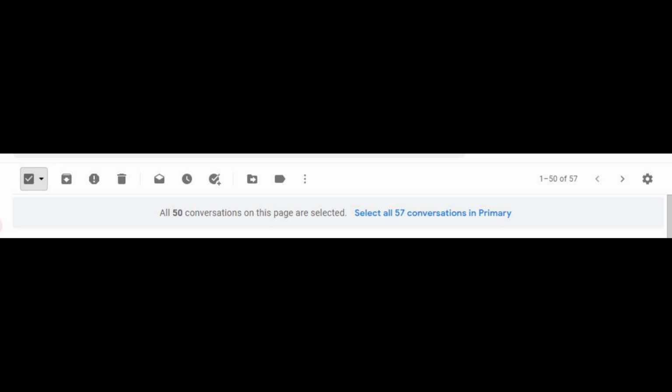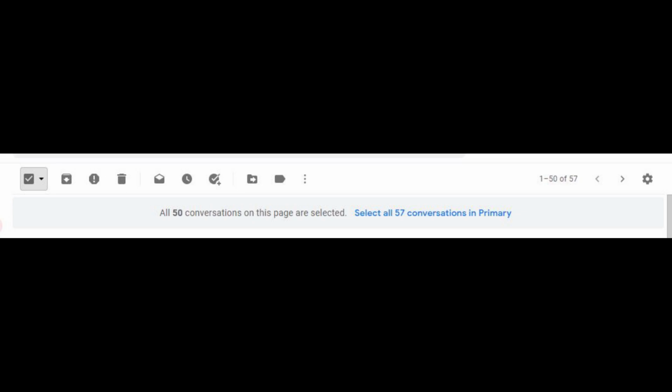For deleting the entire email, it's the same as multiple emails but slightly different. You have to click the tab bar checkbox. You will see an option that you can see on the screen, but be careful.